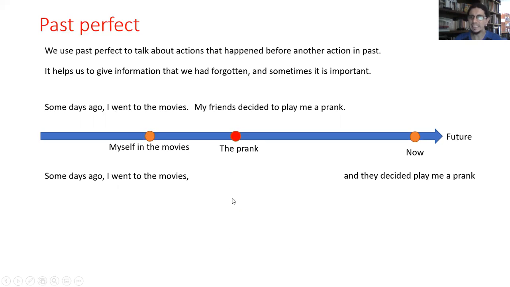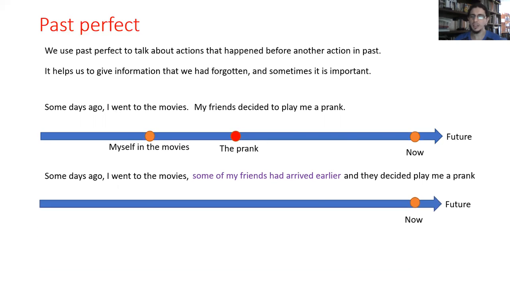So I will add something here in the middle that is going to be past perfect. Some of my friends had arrived earlier. So it means that this purple sentence happened before I arrived at the movies. So in the timeline, it's going to be like this. This is myself in the movies. Here I am. But my friends arrived earlier, and they knew that I was going to arrive after them. So in that time, they started to talk about how to make me mad or something like that. So they